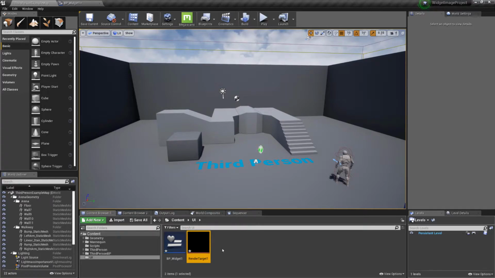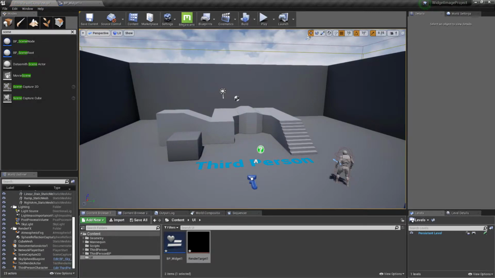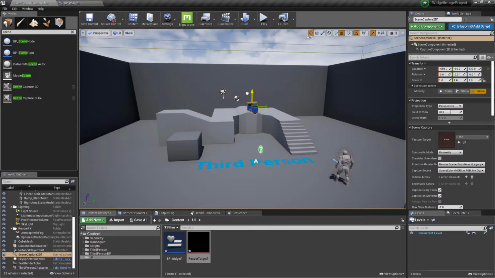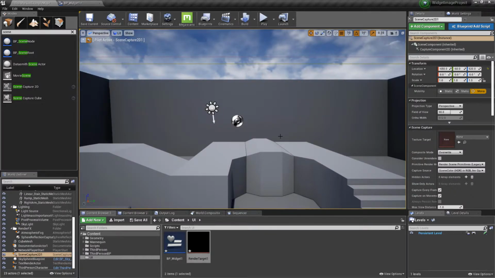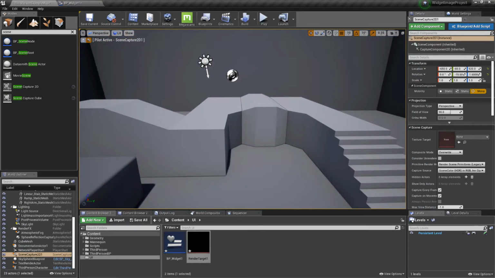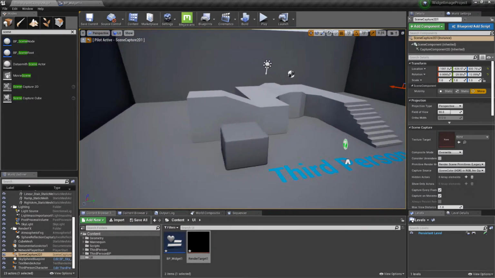And then we need to add a scene capture component to the scene. So on the left hand side we'll search for scene, and we'll select scene capture component, and we'll drag that within the viewport, and let's point the camera at something. If we right click the camera we can choose to pilot the scene capture. That now shows what the camera is actually looking at, and we can use the standard viewport controls, right clicking in the viewport and using the WASD keys to navigate around. And let's point the camera